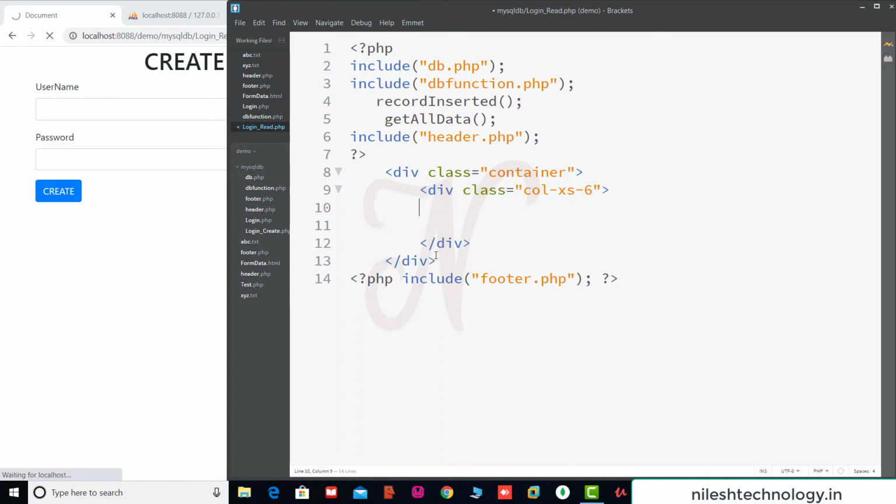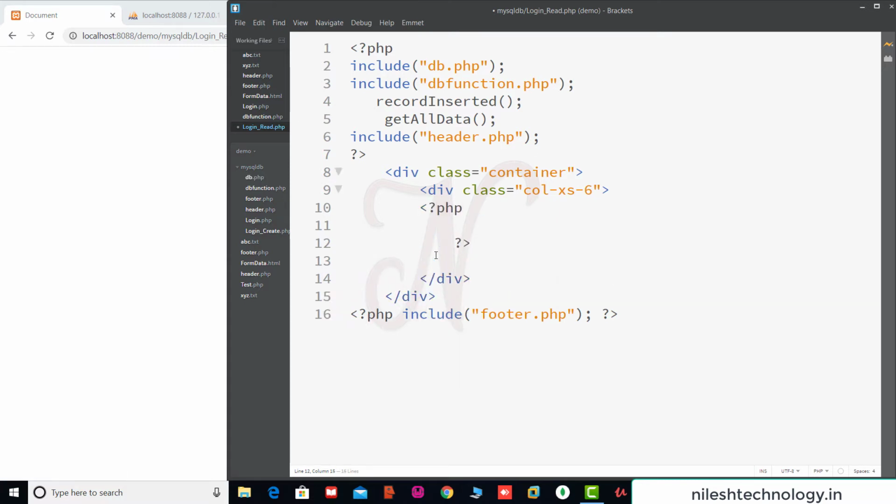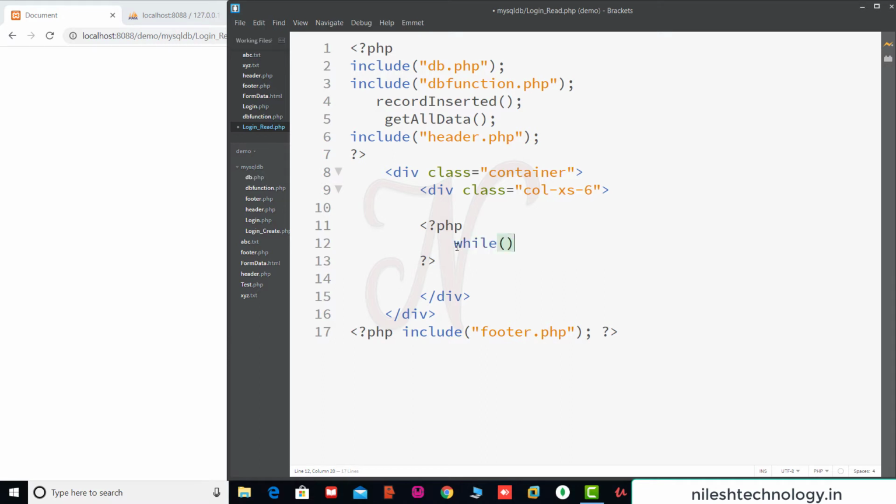Save here. We use another PHP script to display this information by using a while loop. So here, while $row is equal to, we call the function mysqli_fetch_row($result).